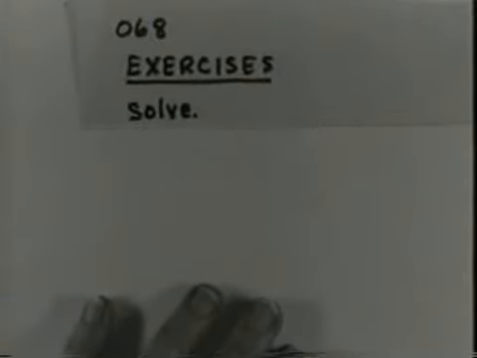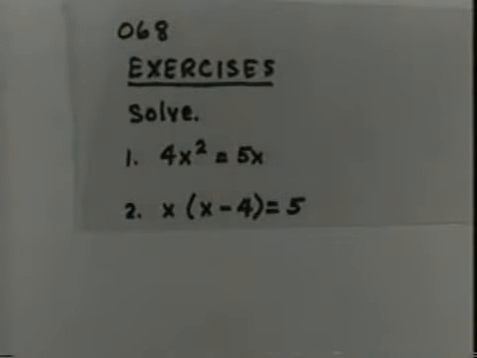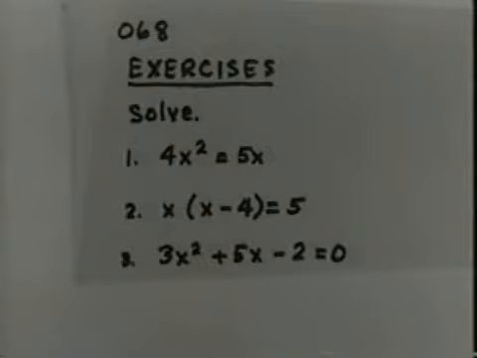Now let's do some exercises. I'm going to give you 3 exercises to work out, and I'd like you to copy them down very carefully and then work them and check your work. Exercise 1, 4x squared equals 5x. We're to solve this equation. 4x squared equals 5x. Exercise 2, x times x subtract 4 equals 5. x times x subtract 4 equals 5. And exercise 3,